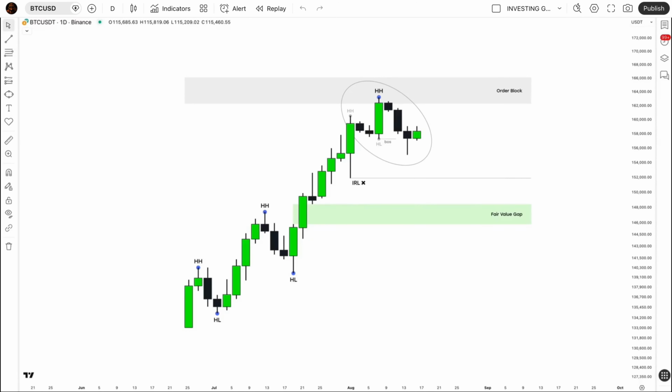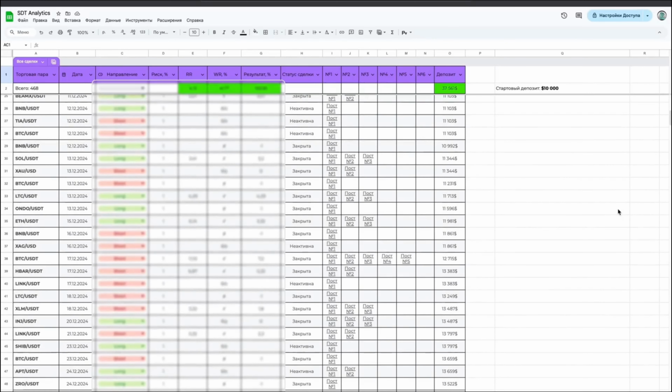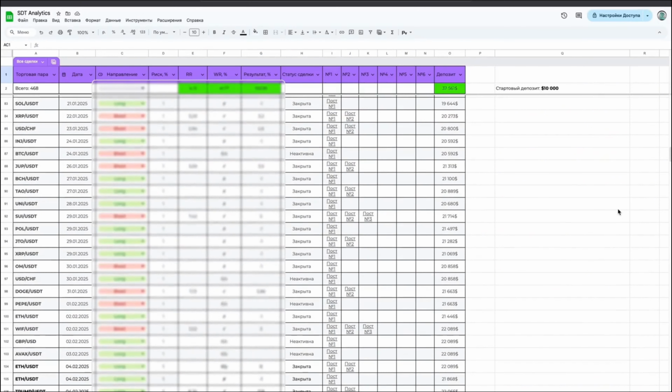In this video, you'll learn how to find the best entry points using universal principles that work in any market situation. These models are simple, logical, and appear on the chart all the time. That's why I apply them on a practically daily basis. At the end of the video, I'll show public stats for 10 months so you can see how these methods